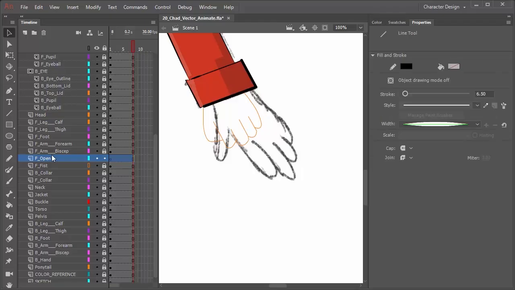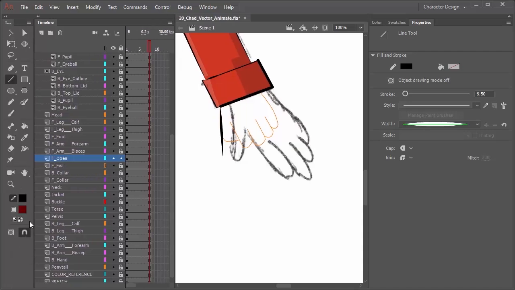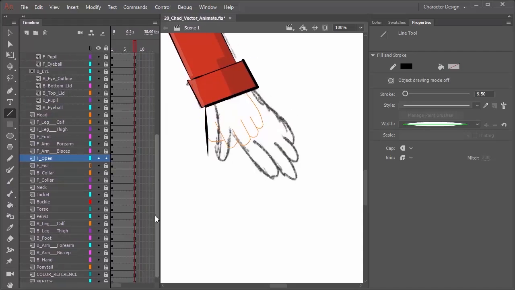And still on front open, I'm going to hit N to bring up the line tool. You can use whatever tool you wish. And we'll start by coming in and drawing out some lines like so. It would also be advisable, at least to start, to put on magnetics so that way everything is connected. So we can start with this. And let me do that one more time. So this is going to be an open hand, so we can bring this down a little bit like that. And here is the thumb. So we're just going to create, again, a boxy looking thumb. We can adjust this once we decide to go in and mold. We'll come down like so, modify,